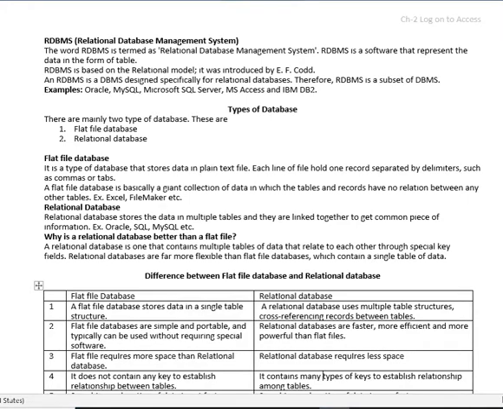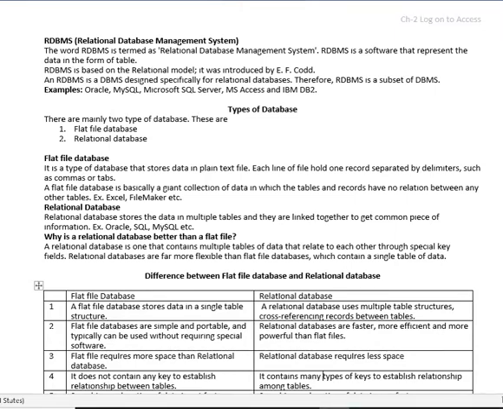Examples of flat file are Excel, and examples of RDBMS are MS Access, SQL, Oracle, etc.